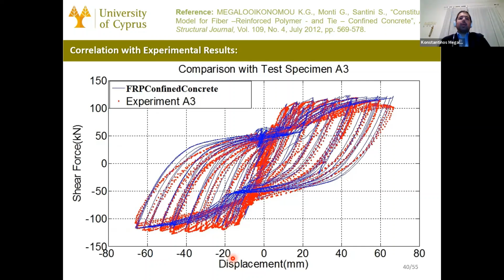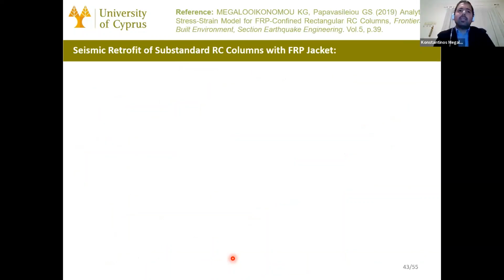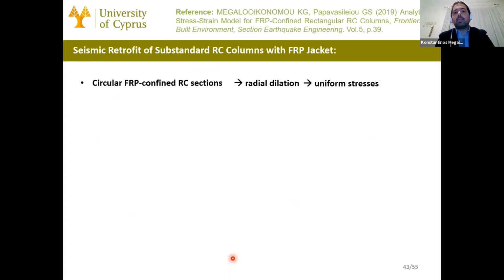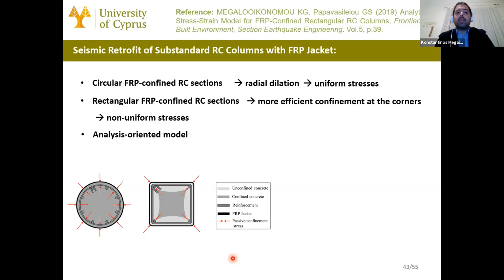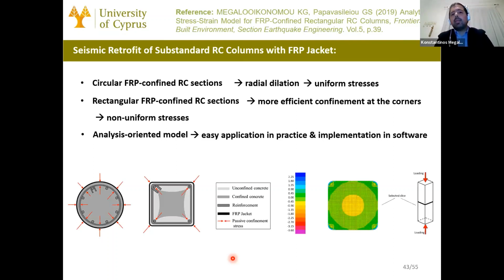Now, this part was about the circular sections and the bridge piers or circular reinforced concrete columns. And in case of rectangular sections, in circular sections, you have radial dilation and uniform confining stresses. In rectangular sections, the confinement is more efficient at the corners. You have non-uniform stresses, and there is the need for an analysis-oriented model that can be easily applied and implemented in a software. We run